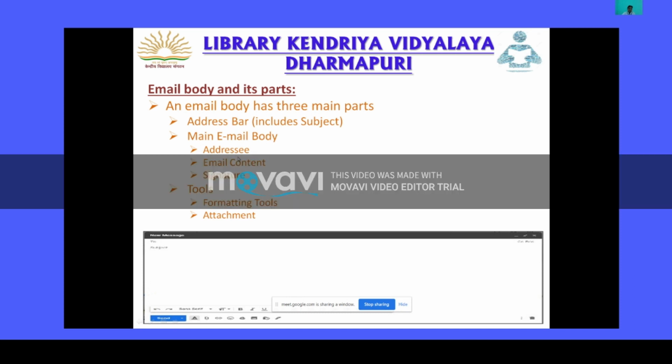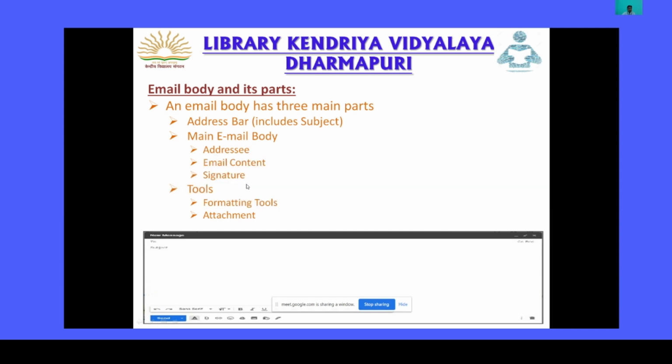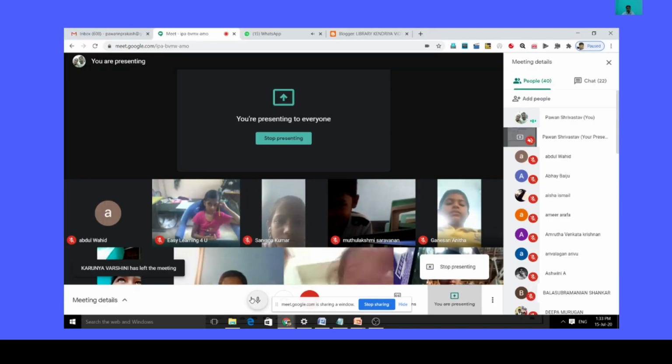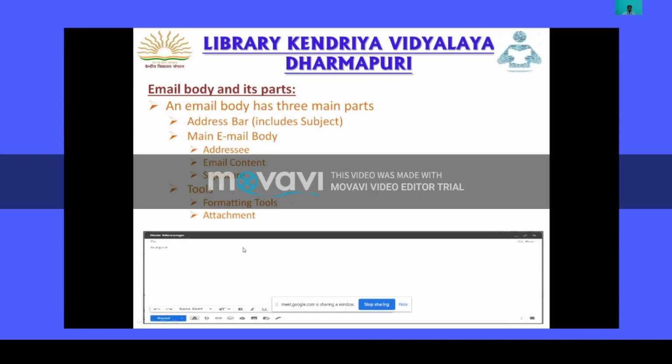The first one is the addressee, to whom we are addressing. The second one is the email content, what content we are writing, and the third one is the signature. Your signature is also important while you write an email. Then we have tools. In further slides I will be discussing each in detail.